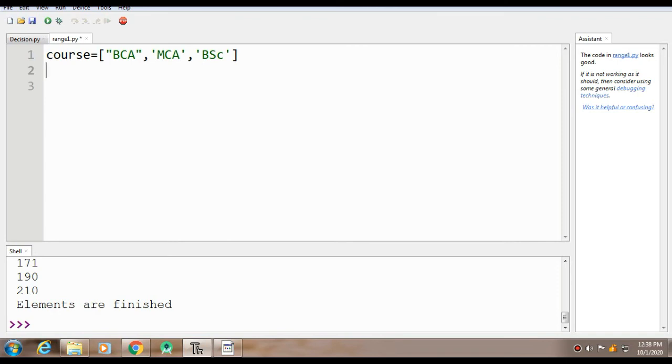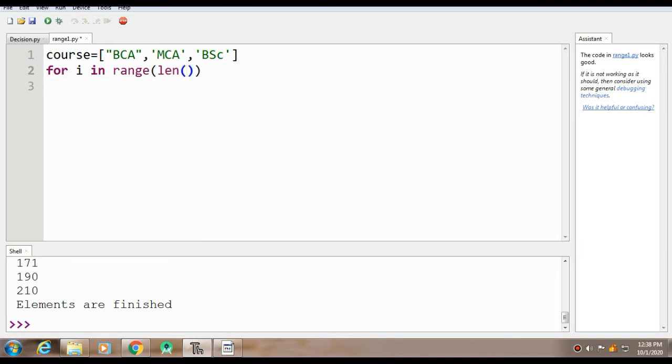Now I want to print all of these courses one by one using range. So how can I do that? I'll simply say for i in, but here instead of writing the name of the variable, I'll say range, and then I'll use a method whose name is len, and then I'll simply type the name of whatever my particular variable is.